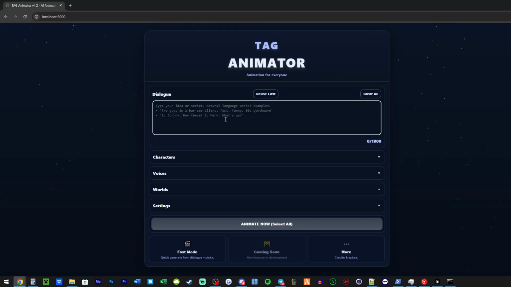So here you basically have the dialog box. What you can do is go ahead and type a small scene. You could be very detailed or you could be very lax, just like how MovieBot was.